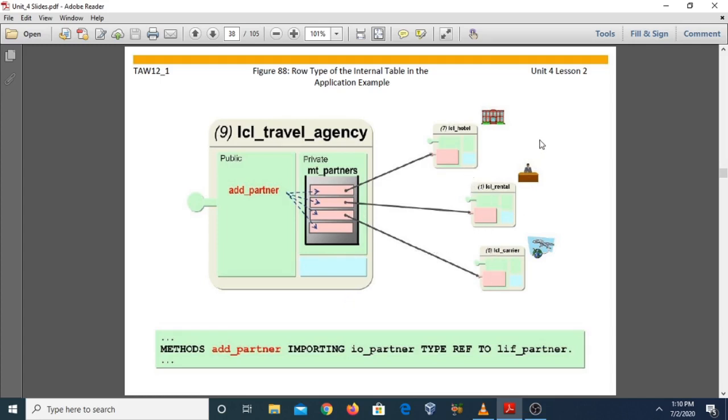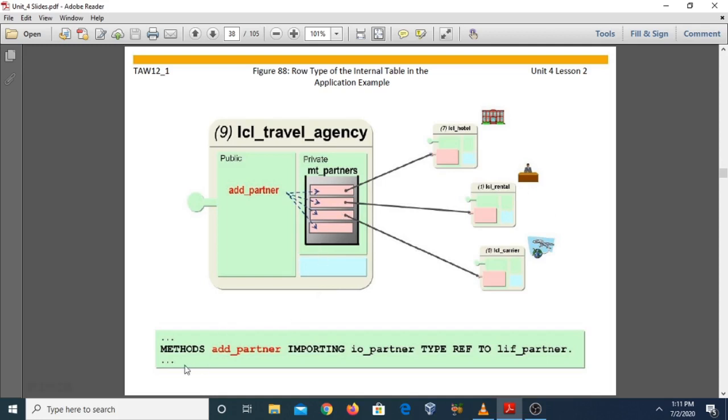These services can be implemented in the hotel class, rental class, and carrier class, and the references from these classes can be added into the internal table of the travel agency. For this we use the add_partner method, which copies the references of all kinds of business partners into the internal table.